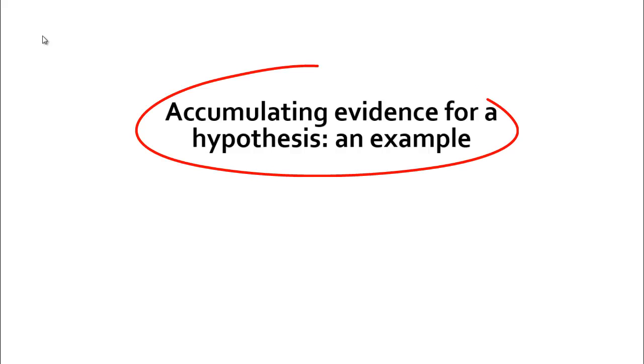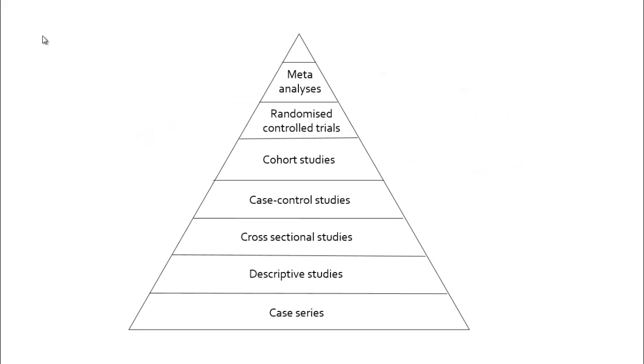The aim of this video is to give a brief illustration of how a research hypothesis can be tested by proceeding through the different study designs, and in doing so to highlight some of the parameters that characterize the different types of study designs. So a hypothesis or theory can often be tested using a range of different types of study design, and when this is the case, you sometimes find that the evidence from studies on humans for a